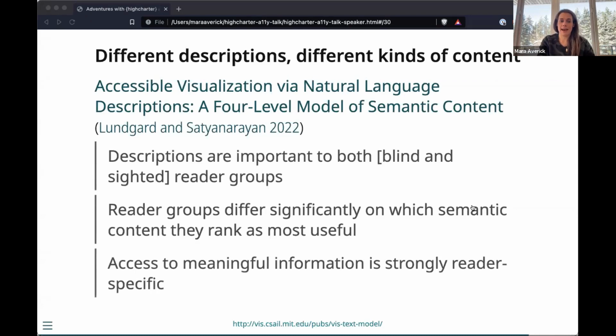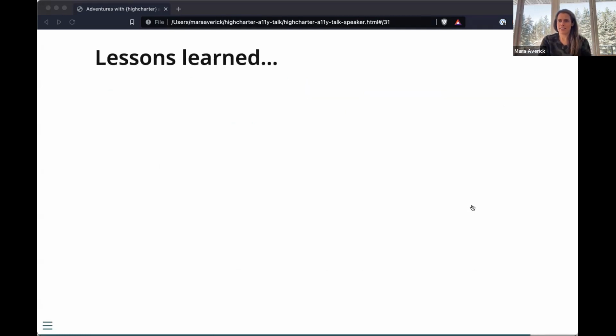And then even within that, access to meaningful information is strongly reader specific. All right, so that was kind of, and I really, really recommend you check out this paper. It's very, very good. Running out of time. So lessons learned